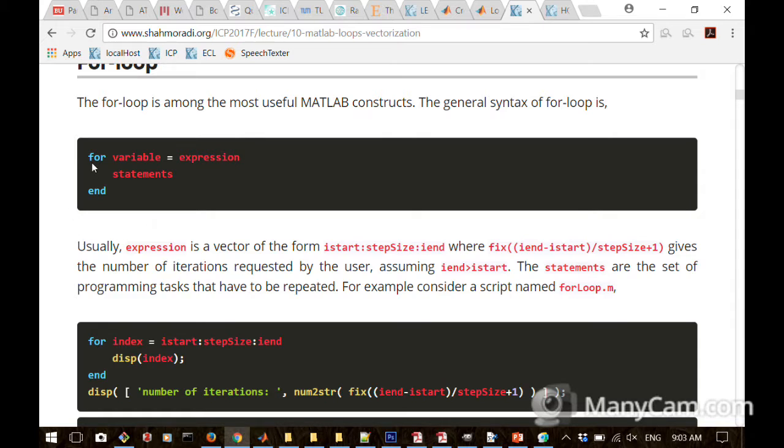But last time I told you about the for loop and also the while loop. I told you the general syntax for the for loop. So you have the for statement here, the for keyword, and then you define an indexing variable for your for loop that goes from one begin number to the end. And then the expression here determines the range of this iterator, the indexing variable. And then this is a set of statements that you want to perform in between, right? So